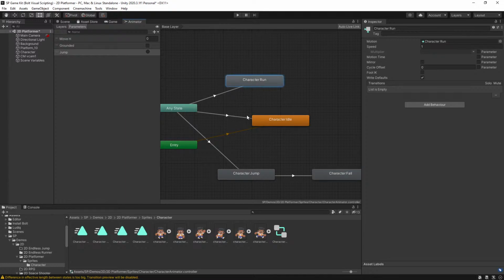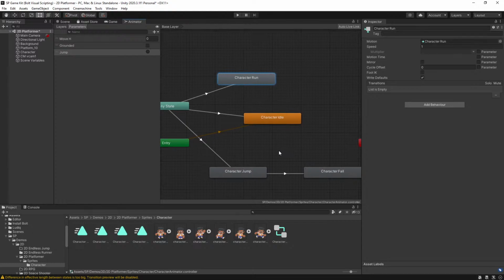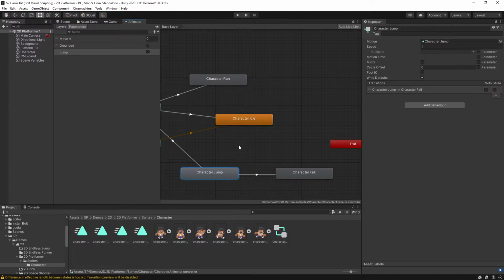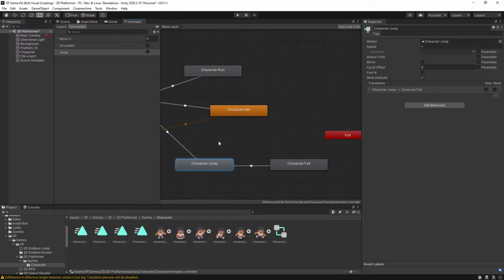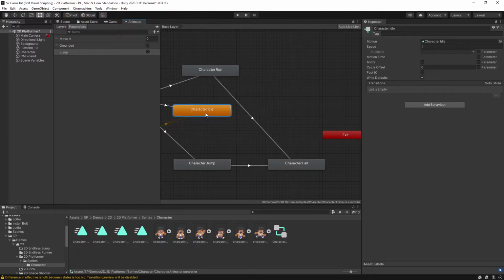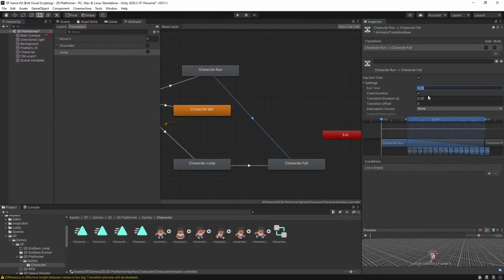Okay, so I got the transitions to the run, transitions to the character idle and jump. Now I need to make transitions from character run to character fall, and this transition is going to happen only if x times 0, this transition is going to happen if grounded is actually false. So as soon as grounded is false and I'm still moving, then I want to transition. Hence the exit time. No, we don't have exit time. And